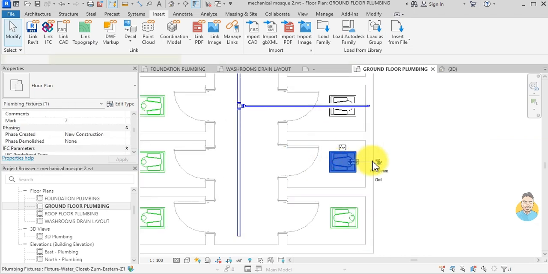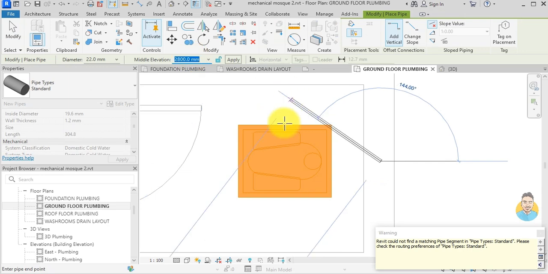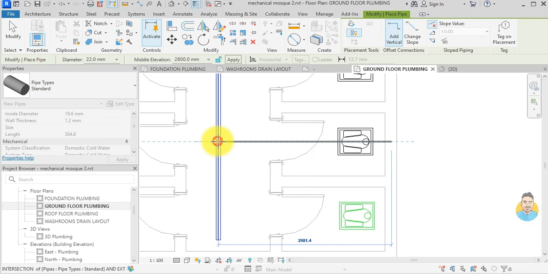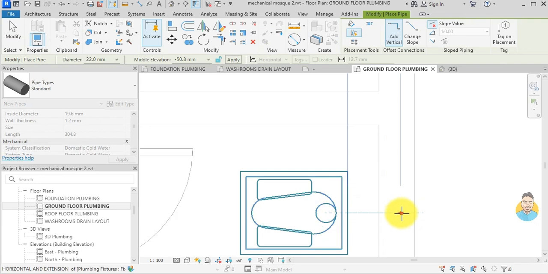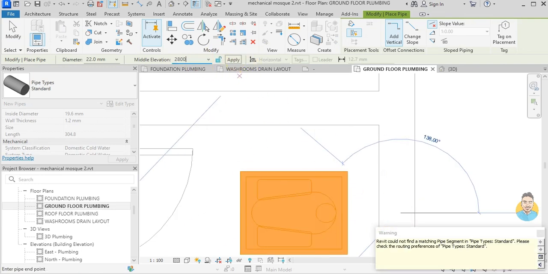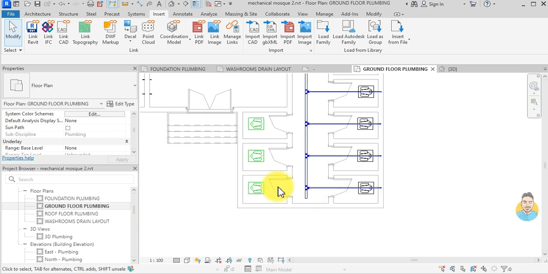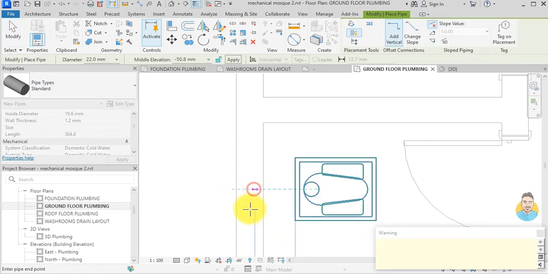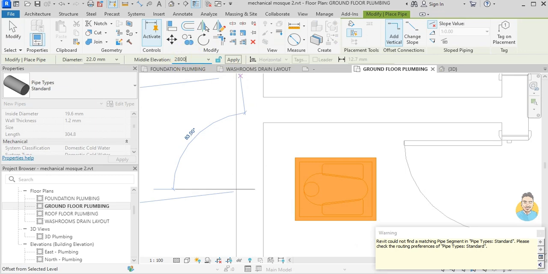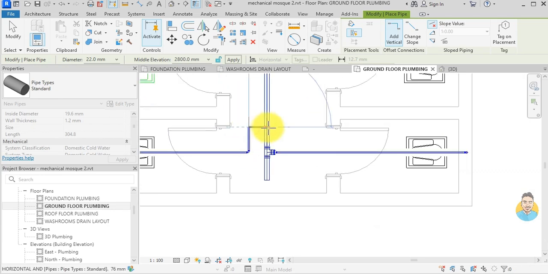I do the same thing, one click, 2800, and then I drag it here. Click here, here, one click, 2800, and I can drag it here. Do the same thing here. One click, 2800, and then I can drag it this way,